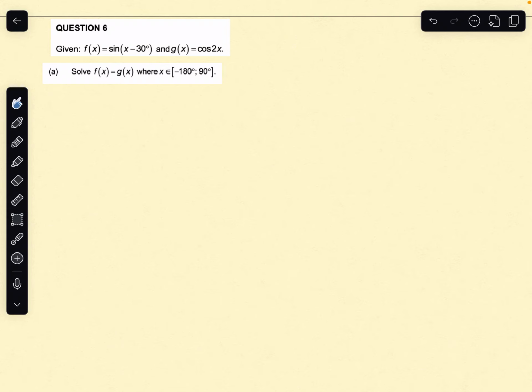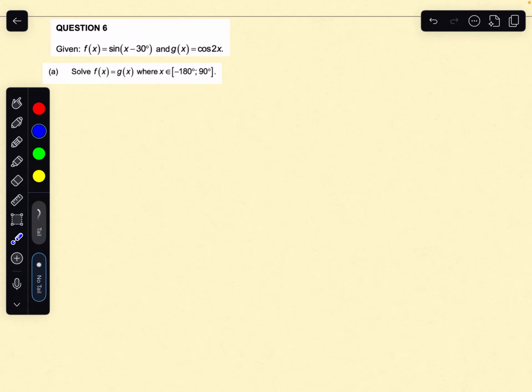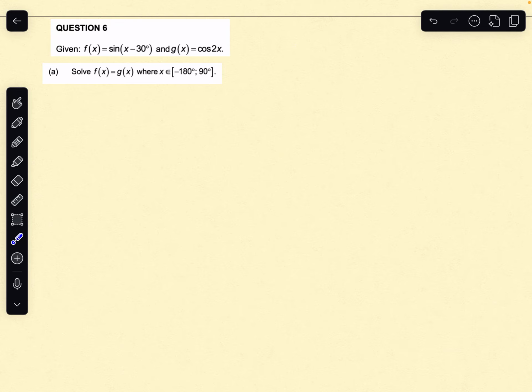We are rambling today about IEB's paper 2 from May 2025, question 6, which is some trig graphs. We are given f of x is equal to sine x minus 30 and g of x is equal to cos 2x. If we think about this in relation to a normal sine graph, so just y is equal to sine x,